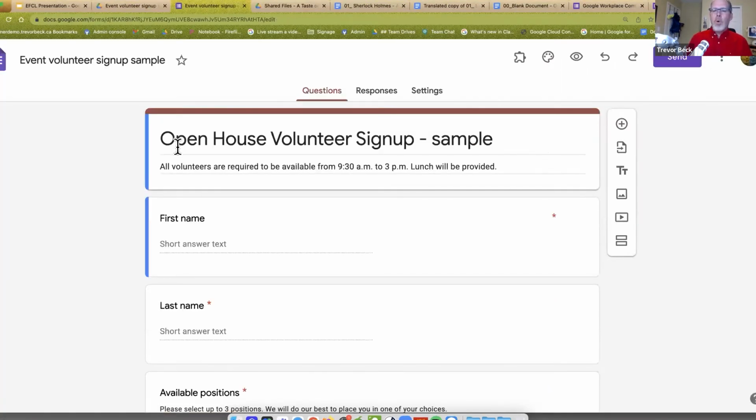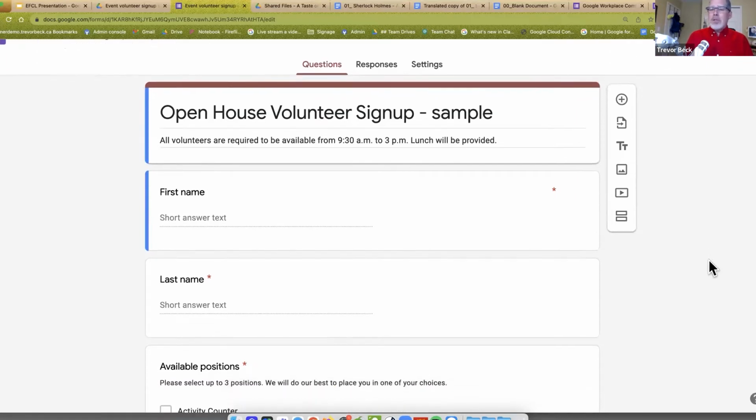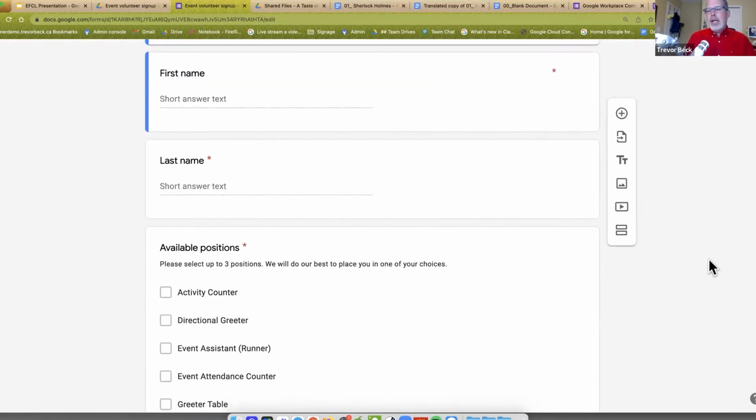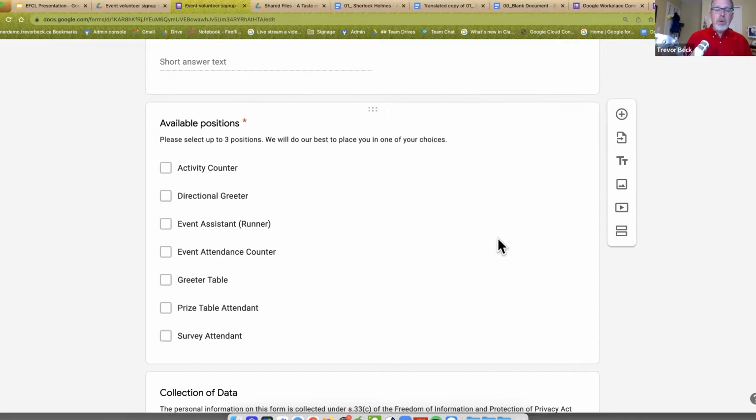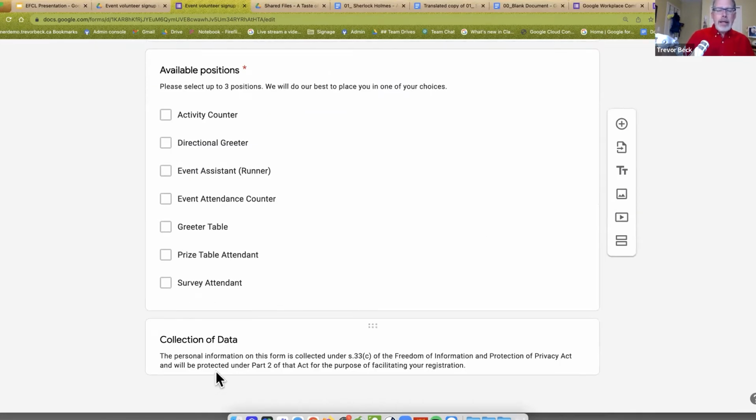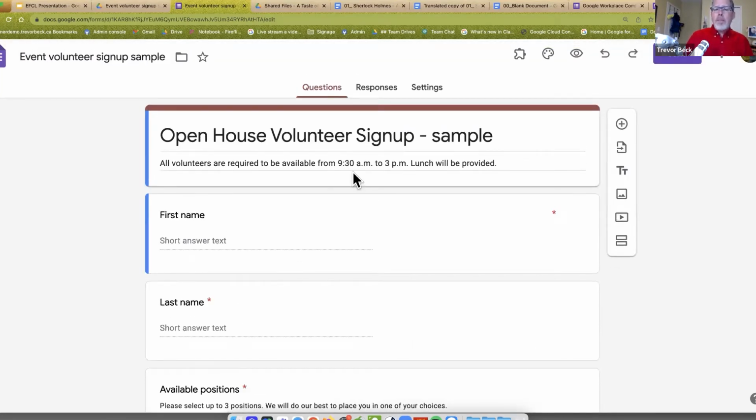So the first thing is I'm going to show you this form. The form would send out to people the first name, last name, their emails, whatever other information we want. And then, what are the positions you want? So pick 3 positions. Don't waste your time trying to say first choice, second choice, third choice. That just complicates everything. So I always say to people, just ask for the 3 positions they're willing to do, because it shouldn't matter. I'll do any of them. And then we have a data collection statement. So that's our form, really simple.